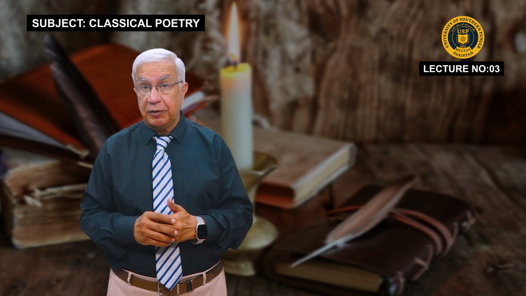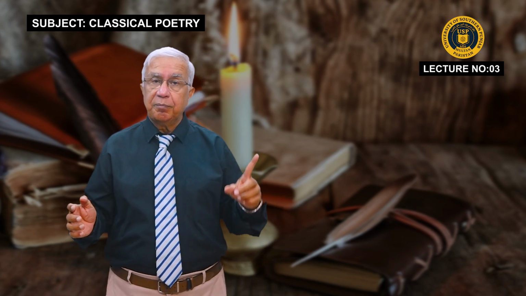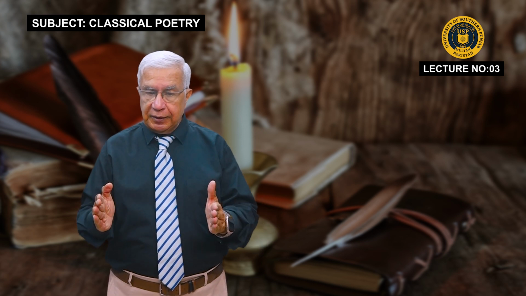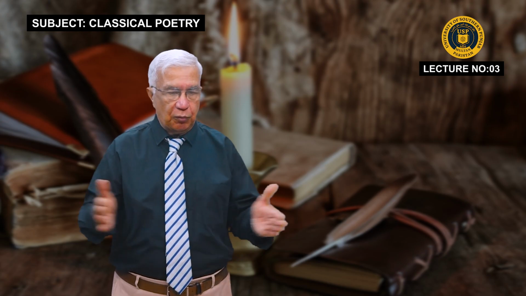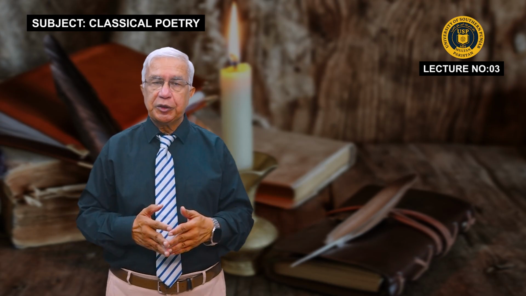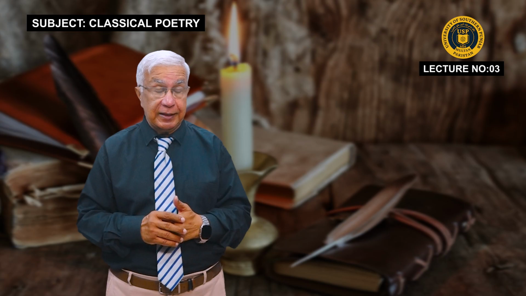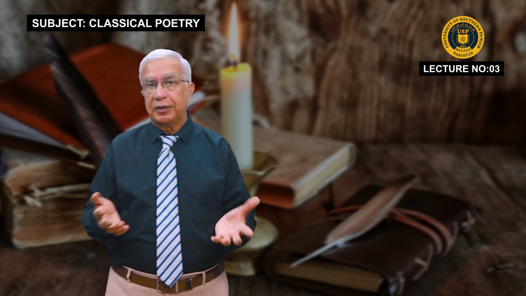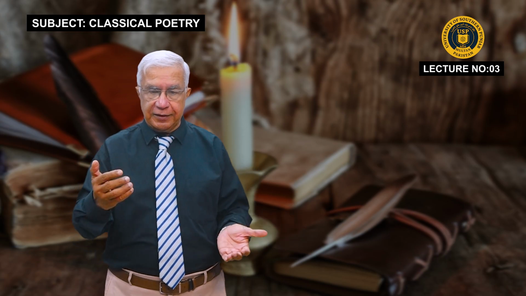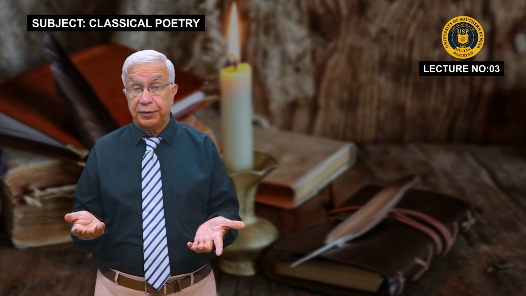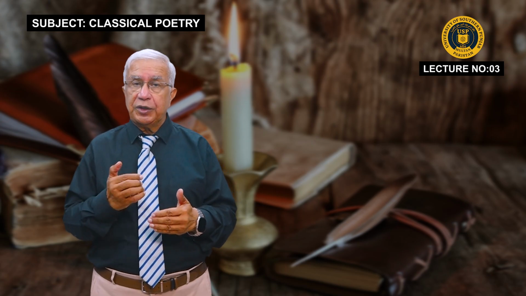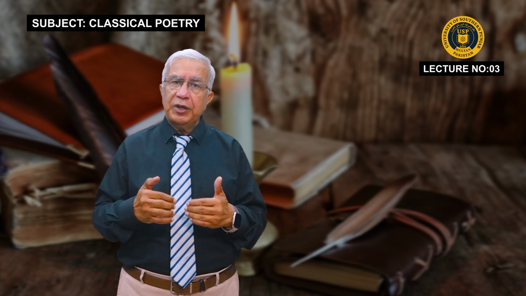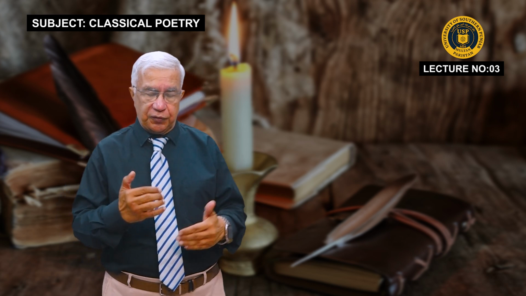But Chaucer practiced this heroic couplet in a different way, and Milton practiced in a different way. Chaucer rhymed the ending lines of his poetry, but Milton did not. He had more voice to give to that. Same is the case with Shakespeare in his dramas, not necessarily in his poetry. He practiced the same blank verse in his dramas also. As the Dr. Faustus, the drama was written by Marlowe, he also practiced the same blank verse. So these are two basic, you can say, structures of poetry which these classical poets formed out. And when we have talked about these structures, we shall see what further things are done.